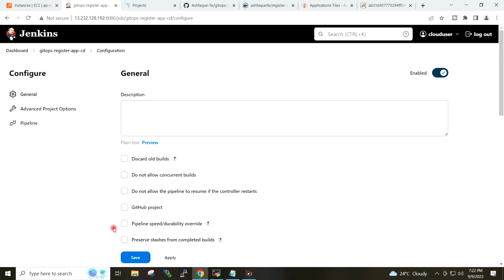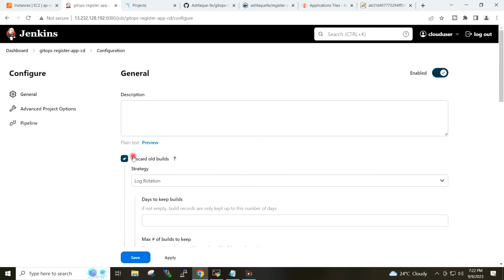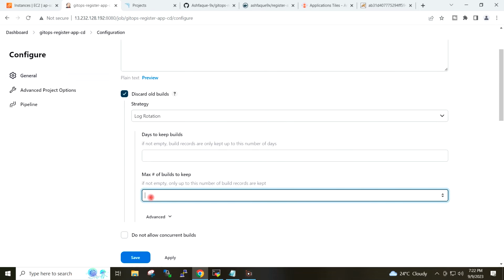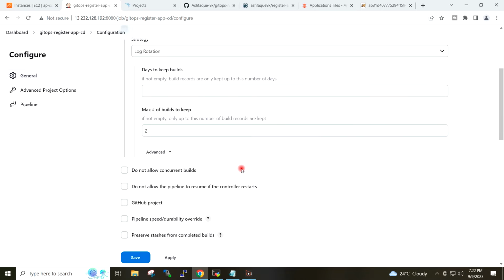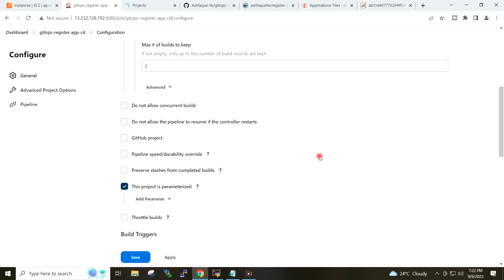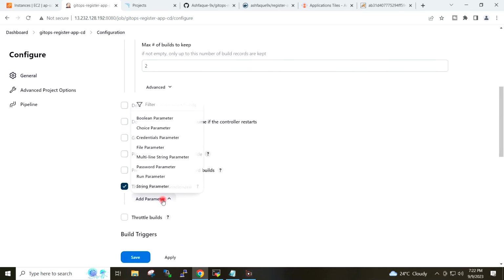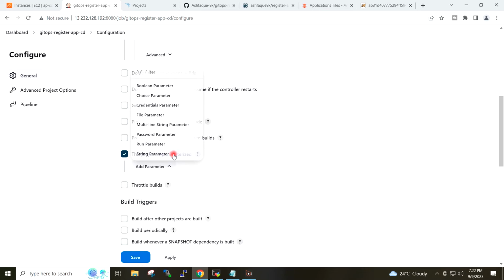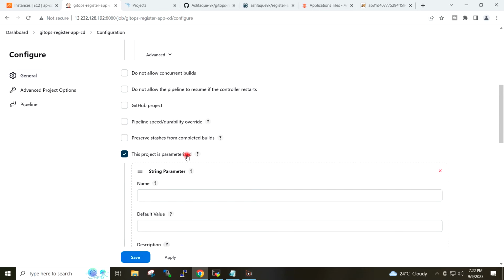Okay, discard old builds, max of builds to keep I will give 2, and I will tick here this project is parameterized, and I will click on add parameter and I will select this string parameter.